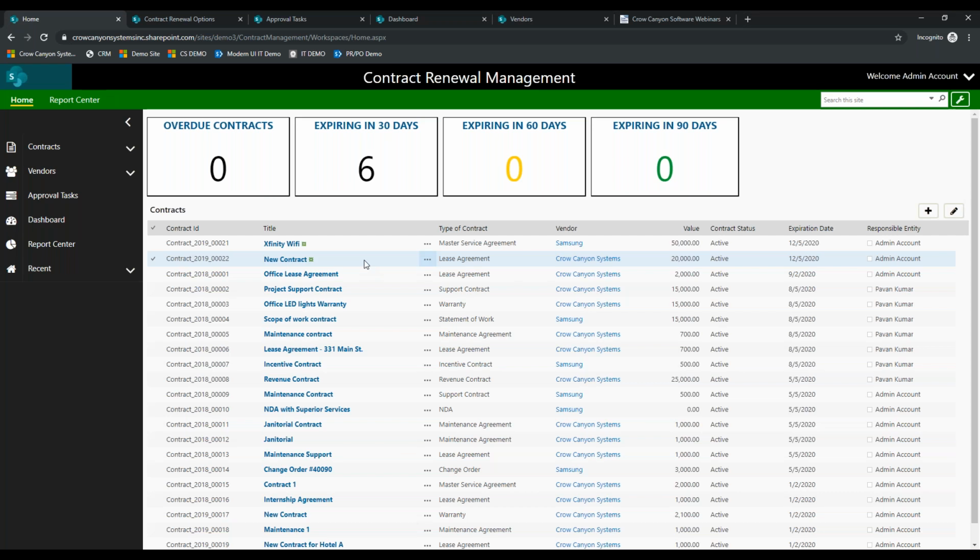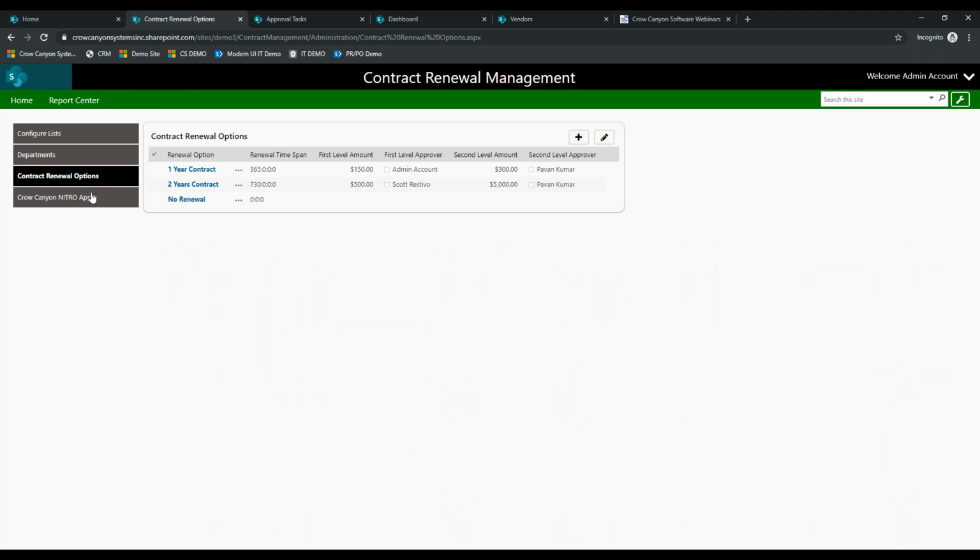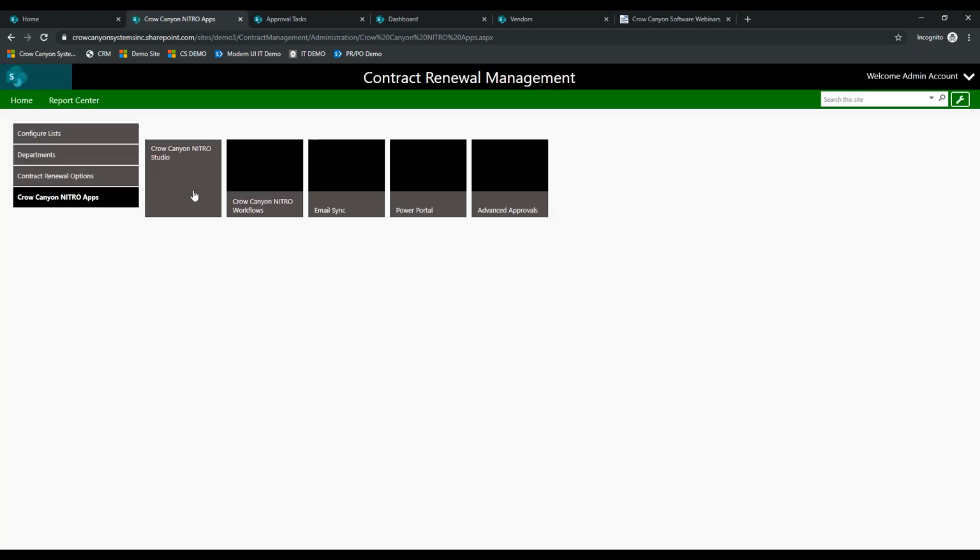But let's talk a little bit about another piece of this workflow. If something has to happen, right? If an approval has to happen, is that possible? That question comes up a lot. What happens if this needs to be approved before it can be added into the system? Well, using something called NITRO Studio, here we are again. We have an app called Advanced Approvals, or with our workflow tool, you can also have